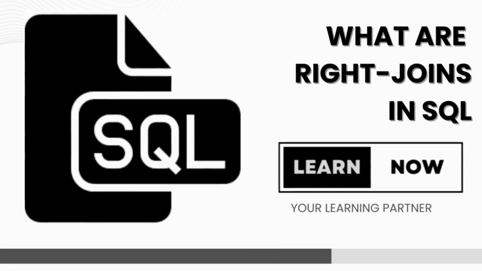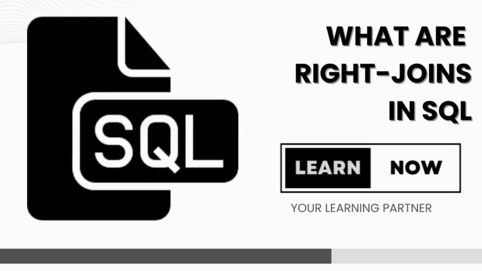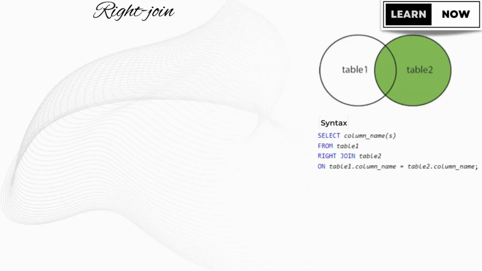In our previous video we have learned left join in depth. Today we'll be taking a deep dive into right join with a real-life example. So let's get started. A right join is a type of join where all the rows from the right table